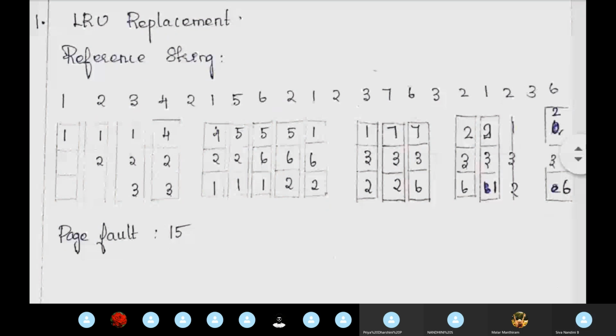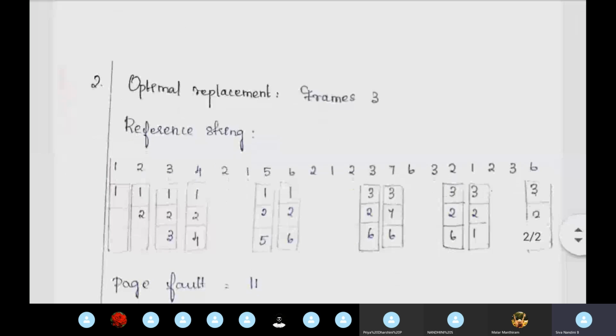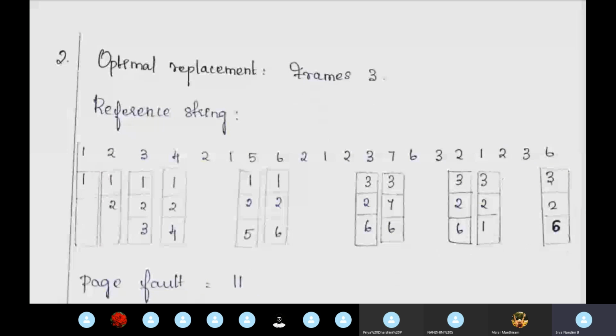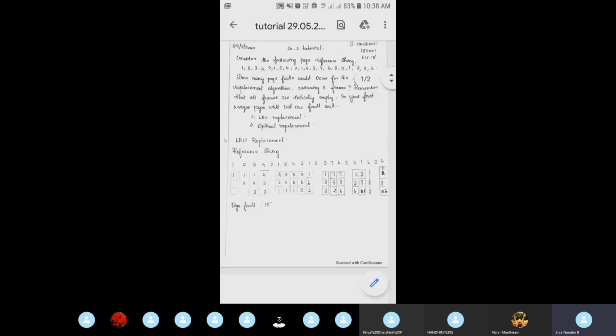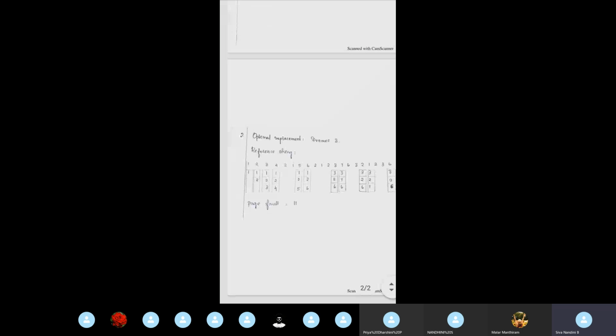Okay. Then this optimal replacement. So we have discussed this optimal replacement algorithm with the IIT1 problem. So I hope now you understood the concept of this optimal replacement algorithm. The same way you can solve the tutorial problem also. So does anyone have a doubt in this problem? The page replacement problem, LRU replacement or optimal page replacement, you can ask me.